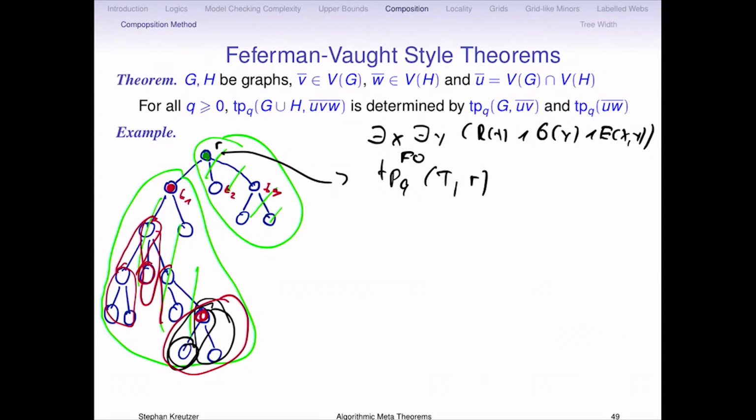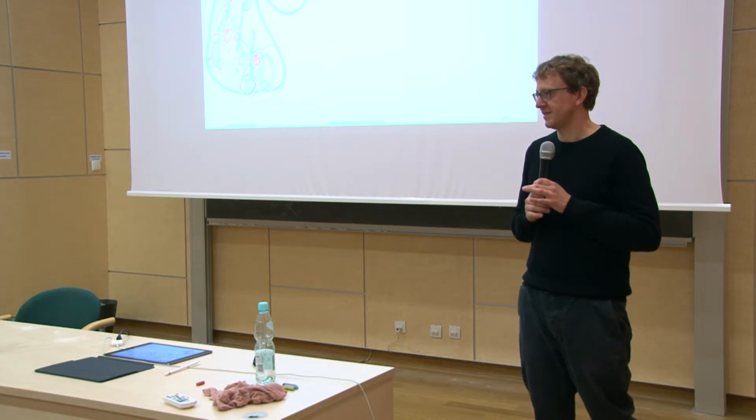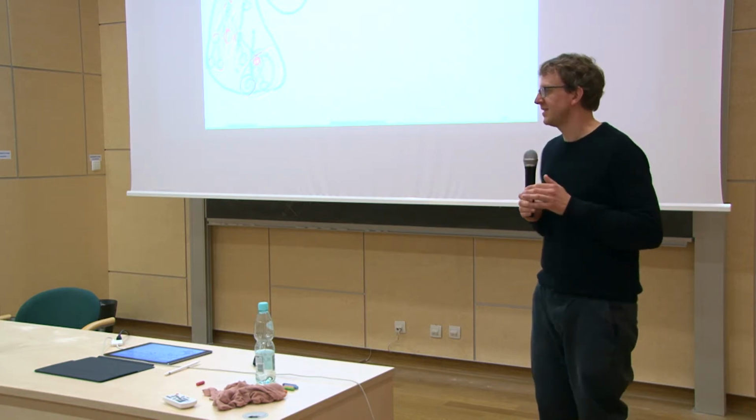Can you now say the same story for the sentences of the graph? What do you mean? Now you said the properties of the root of the graph. Now I want you to look at sentences. No, I'm not looking at the property of the root. I'm computing the type of the root. Yeah? And the type of the root for quantifier rank Q, in particular, will contain all sentences up to that rank. The type of the empty tuple now. Yes. Tell me the same story now for the type of the empty tuple.